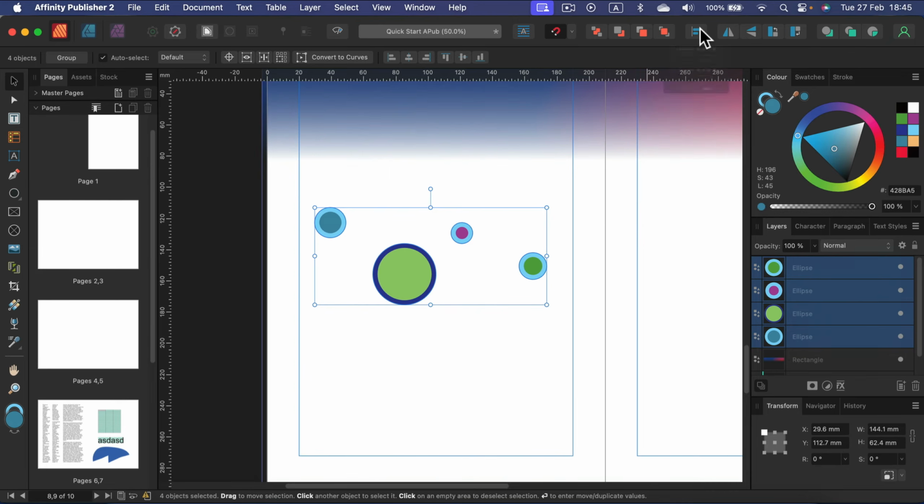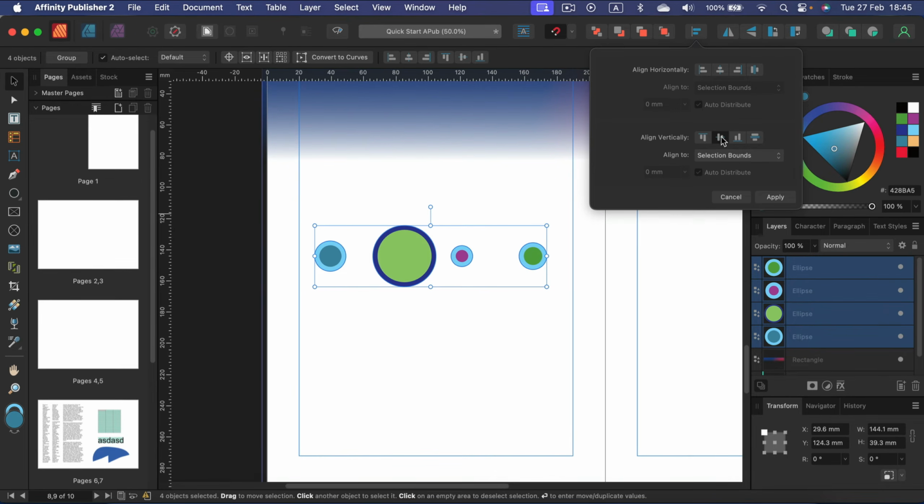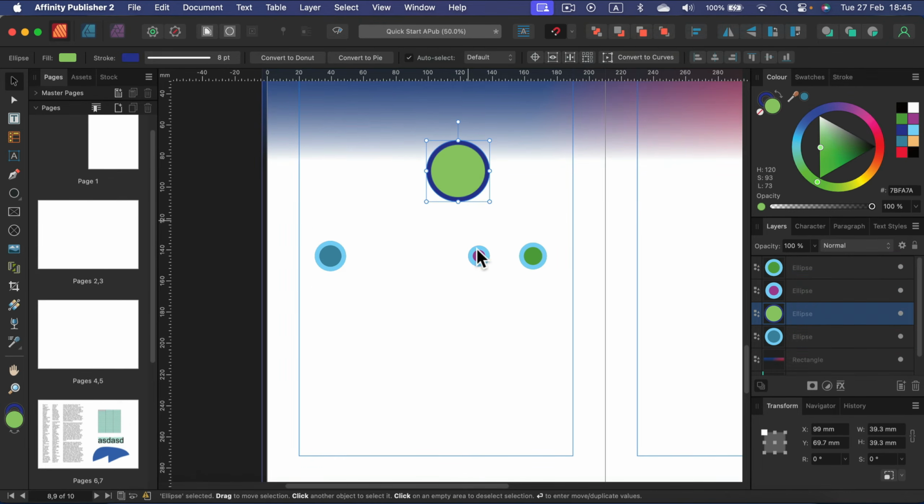Let's open up the alignment panel. As you can see, we can align horizontally and vertically. There's also an option for spacing here. So let's align them vertically. Nice, but space horizontally. And now we got exactly the same distances between them. So that's handy. Let's try to do something similar